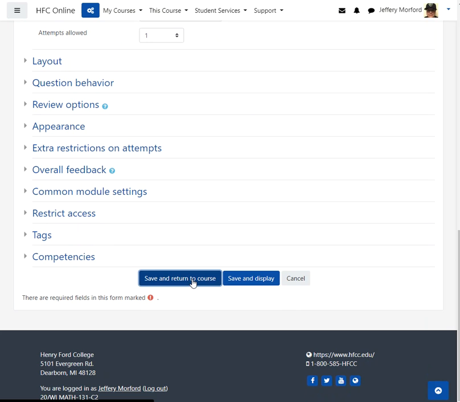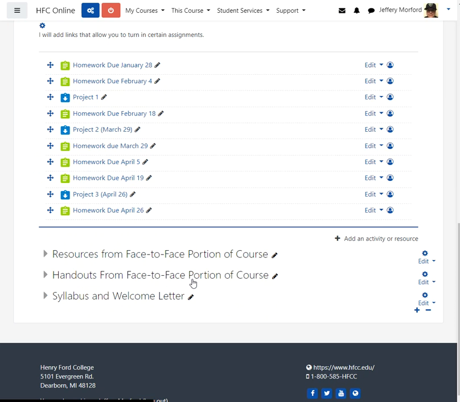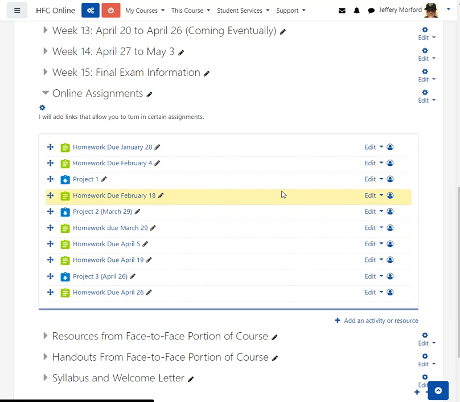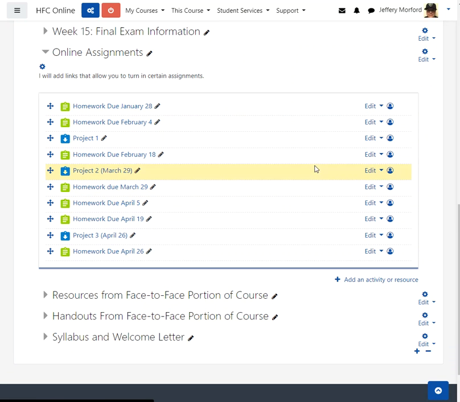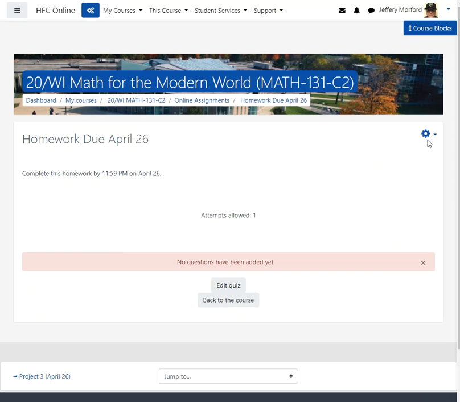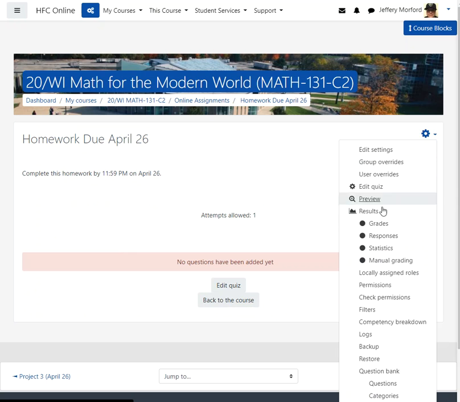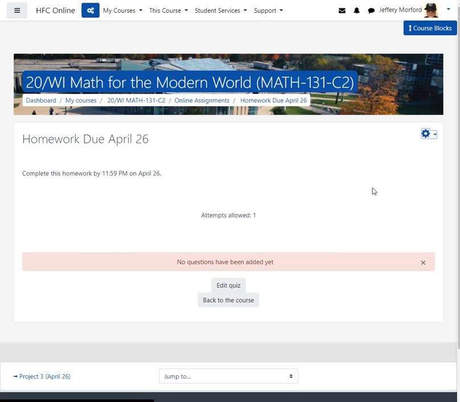I know there's no content yet. Once you've saved it, then you can go back to it, and this is going to be due. If I wanted to, I could change the order. I click on it again, and up here you can go to edit the quiz. Don't edit settings, that'll just take you back to where you were. Edit the quiz,